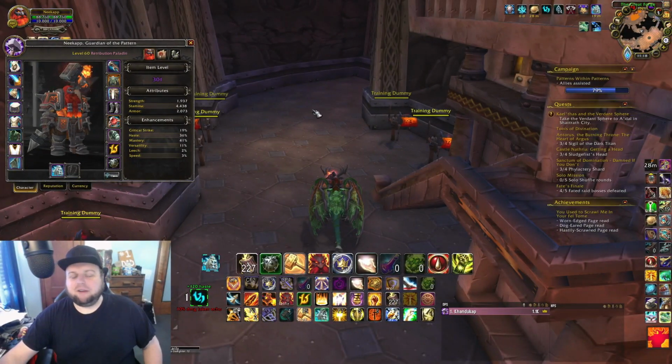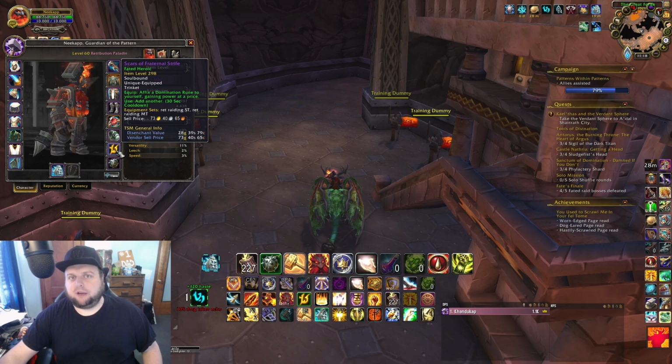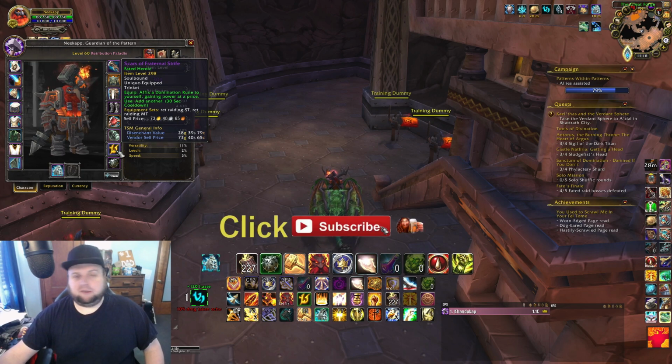Hey everybody, it's Kneecap here, and in this video I'm going to be going over the Scars of Fraternal Strife trinket. This trinket drops off the jailer or from your dinar, and if you see some of the top parses,